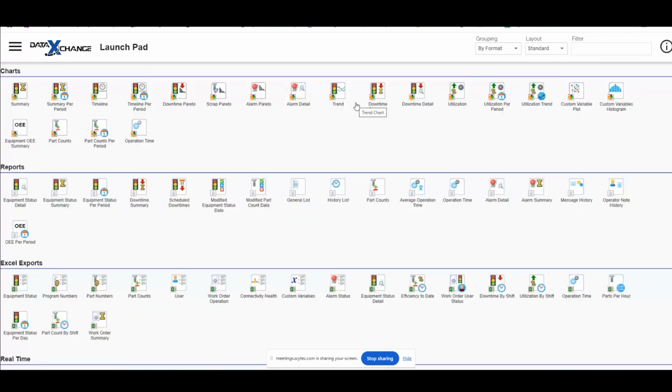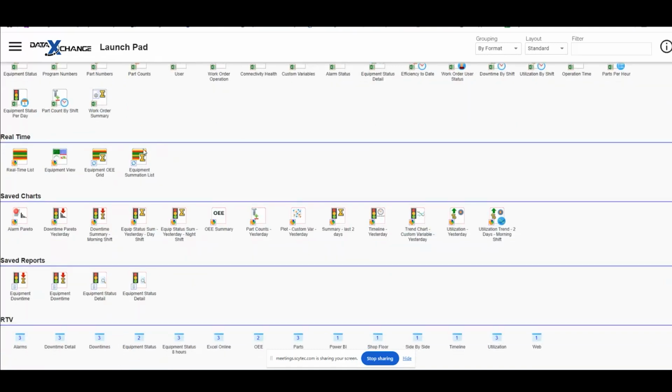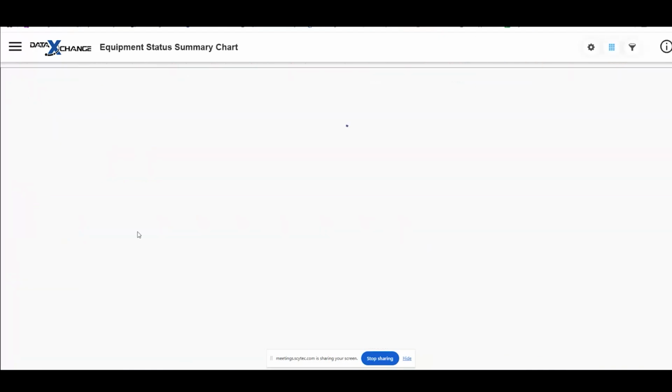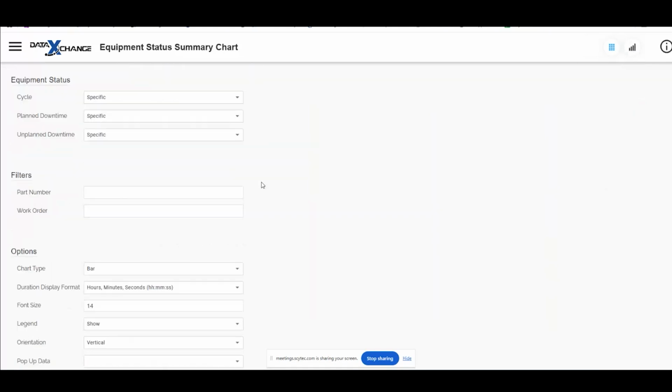So, as I mentioned earlier with the filtering options, when you save a chart, it will populate down here in the Save Chart section. So for one of the ones that I was showing earlier, which was the equipment status summary, we have this for a day shift. When we go here and click on this, filtering again, we also have the ability to